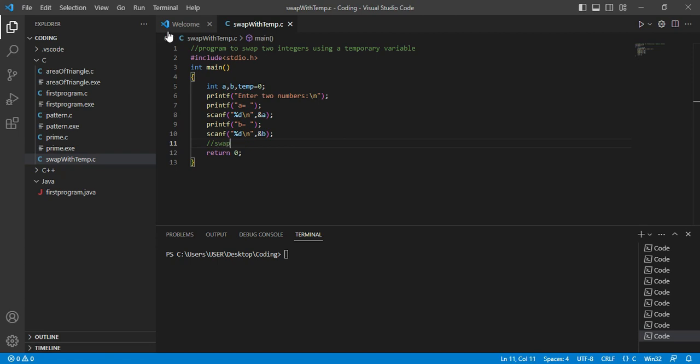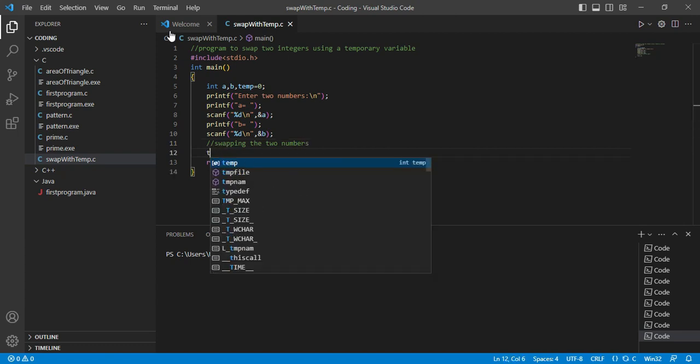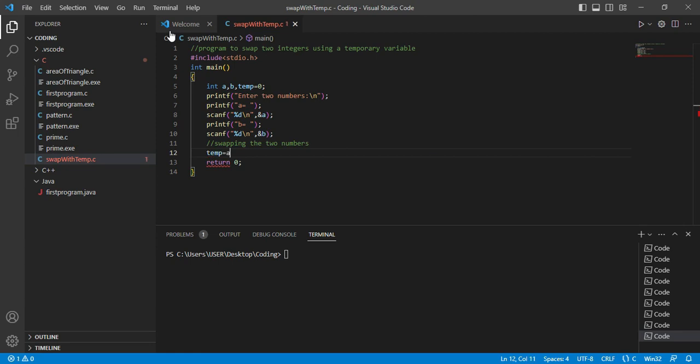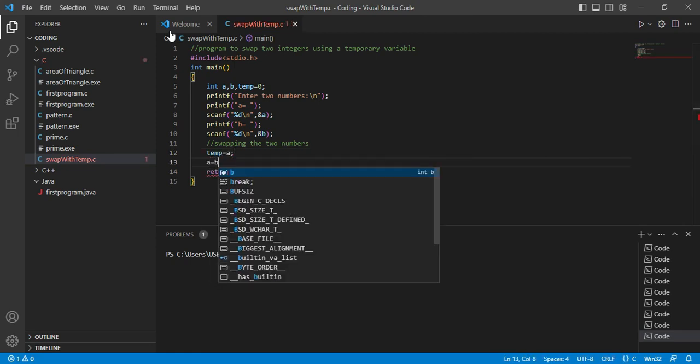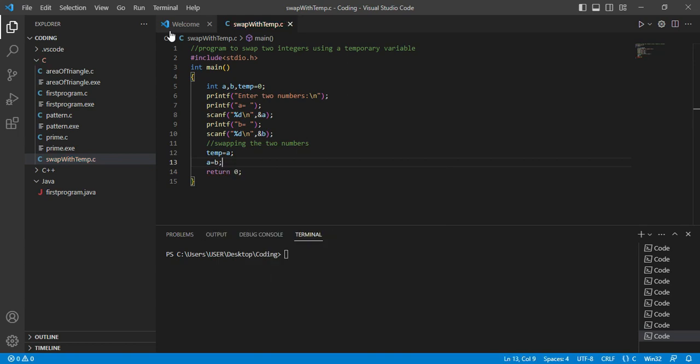Now let's begin the swapping. So first we will assign the value of a to the temporary variable. Then we will assign the value of b to a. And then we will assign the value of temp to b. Now we will display